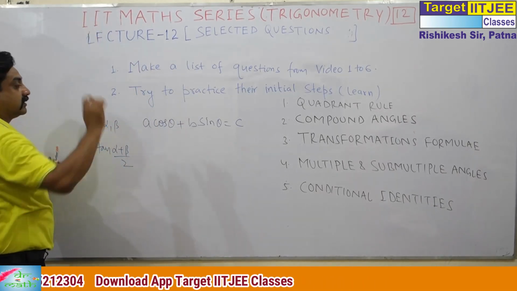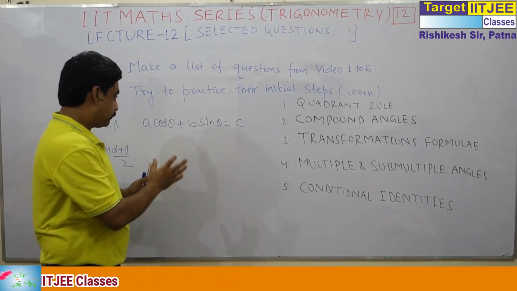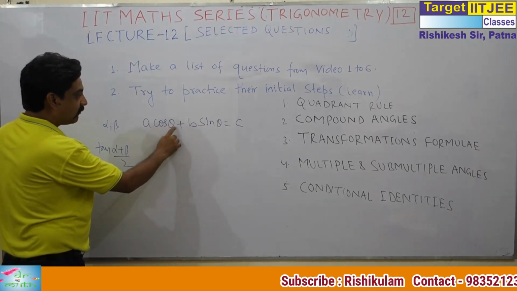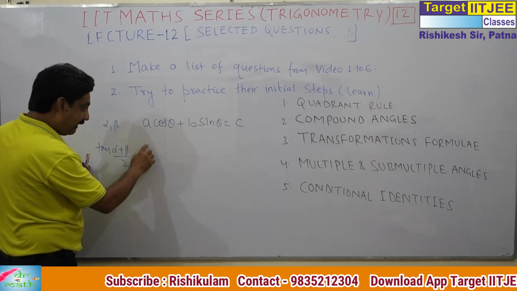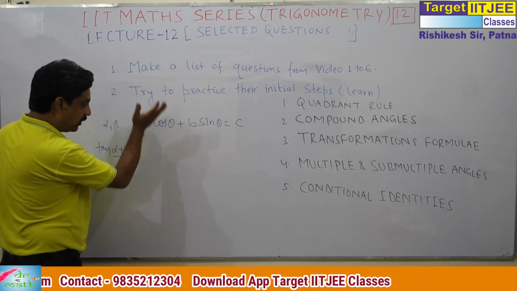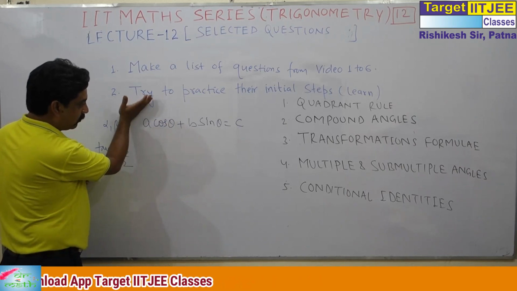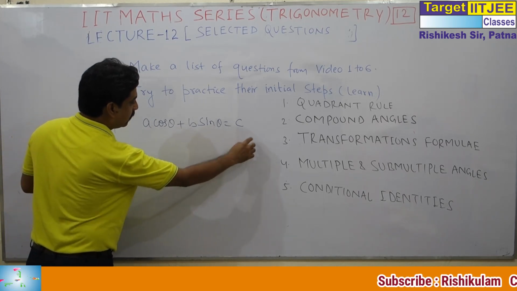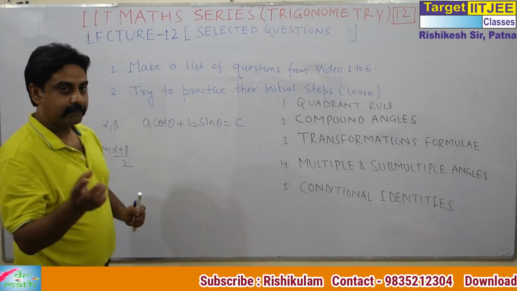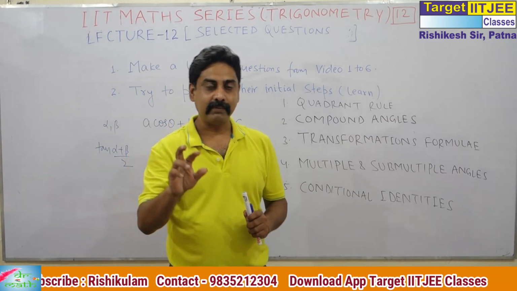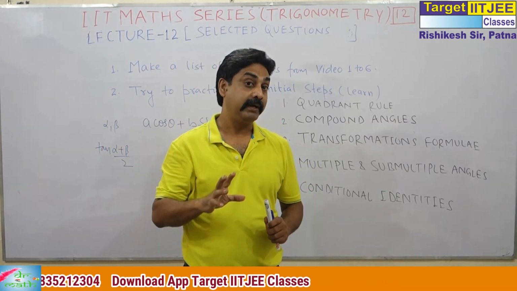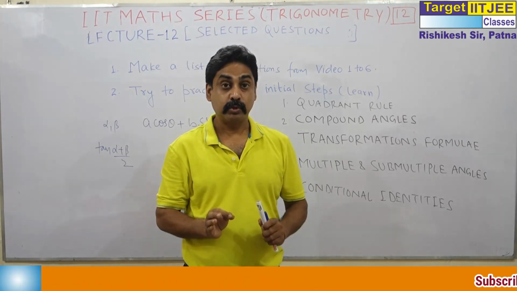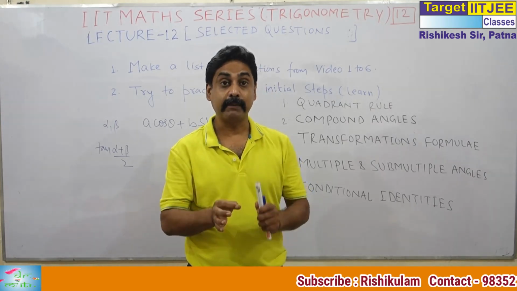As far as IT course is concerned, you have to try to recall that this is A cos alpha plus B sin alpha is equal to C. A cos beta plus B sin beta is equal to C. So we subtract equation 2 from equation 1. Then this is cos alpha minus cos beta with A plus B sin alpha minus sin beta is equal to 0. We apply cos C minus cos D and sin C minus sin D. And then we get tan alpha plus beta by 2. That is what you have to do in every question. This is the proceeding.